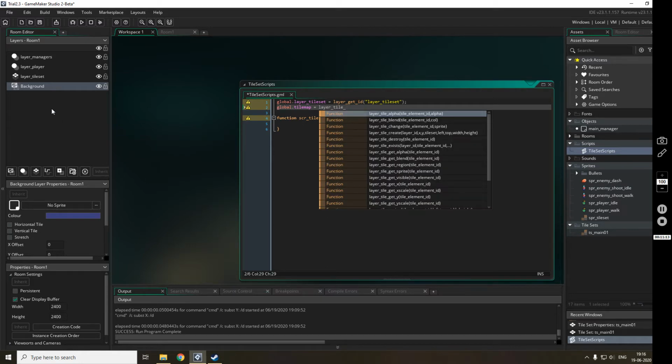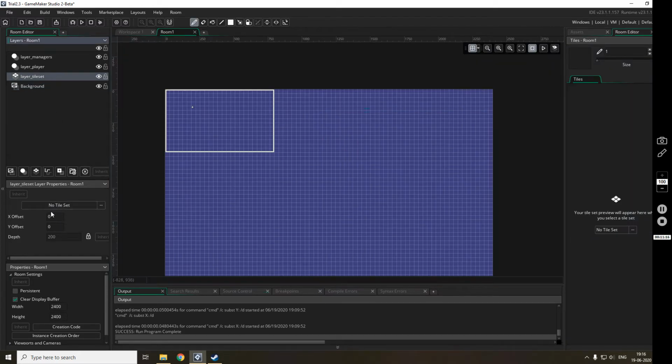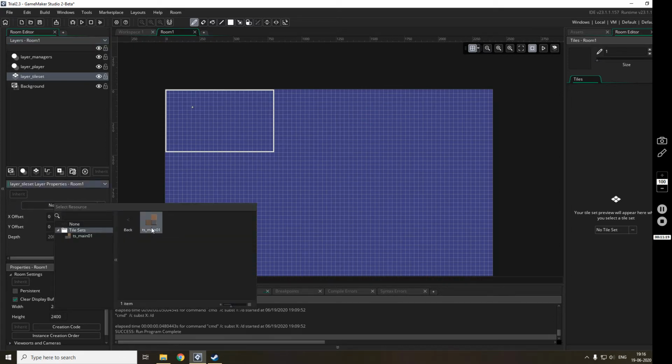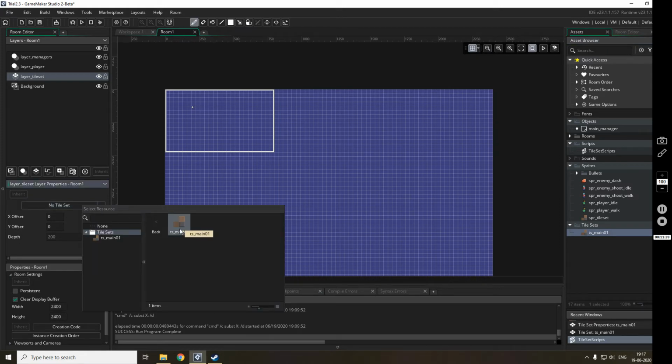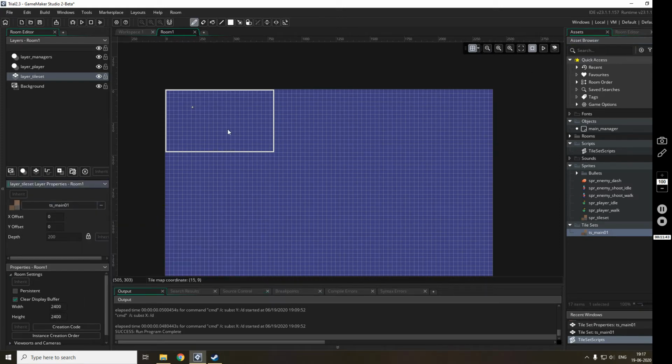So what we have to do is go to this tile set layer and see there is no tile set selected. We have to select the tile set that we created here. We made a sprite and then created a tile set from it. Now this tile set we have to assign here. Right, am I clear? I guess yes. So we assign that tile set and we are done. Now whenever we assign any index, a layer of tile set doesn't recognize anything other than the index of the tiles.